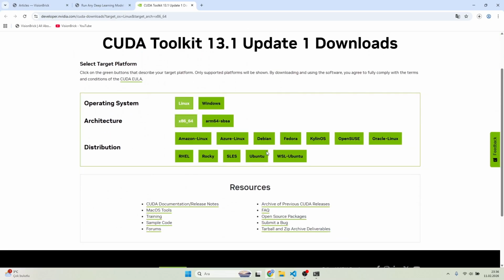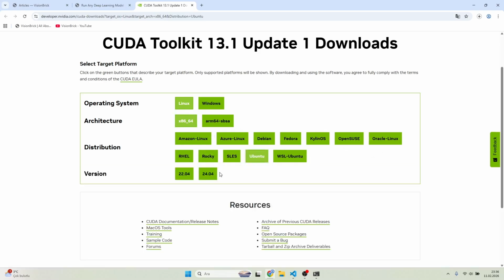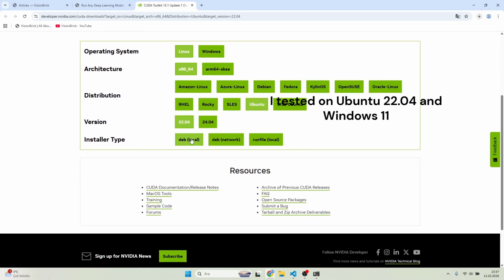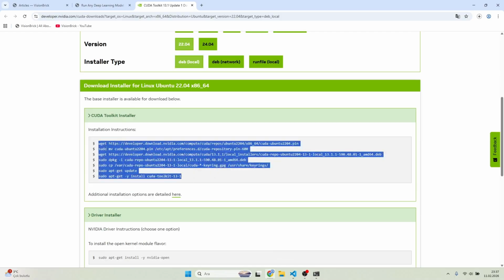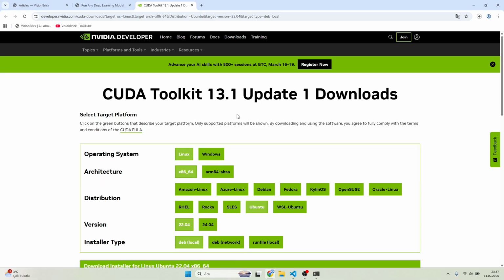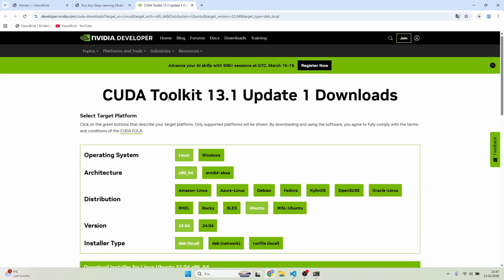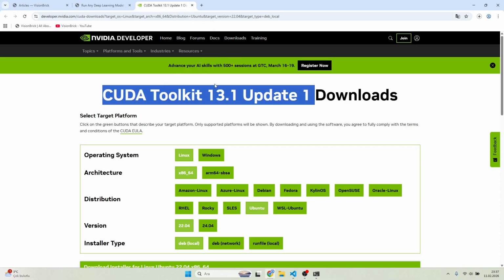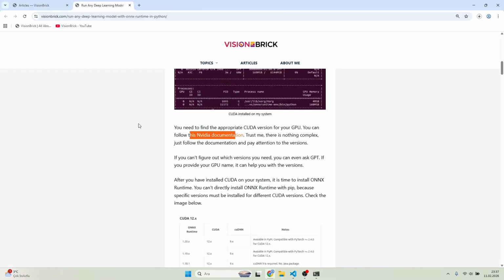Like this one, where is Ubuntu? Yeah, there are different options, but Ubuntu is here. Yeah, you can choose any version. I'll stick with 22, for example. And you need to click local. And you just need to copy these lines to your terminal. And you don't have to stick with 13.1. You can follow this 12.1, 12.3, or 12.9. So it's up to you. But I won't recommend you to stick with this one because this is the newest version, I think, so it might have some problems. So it's up to you. And there is one table